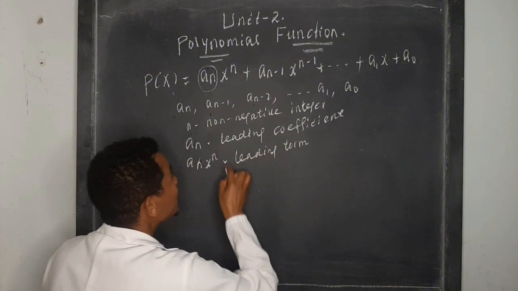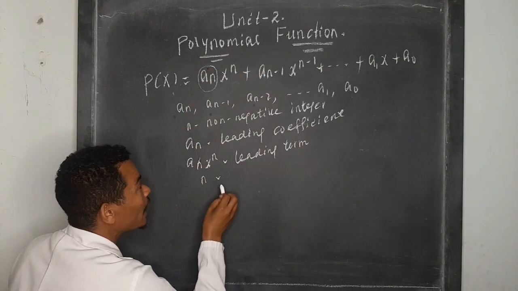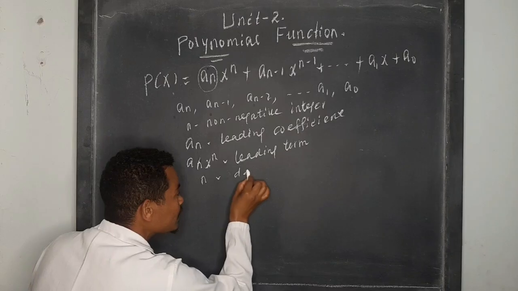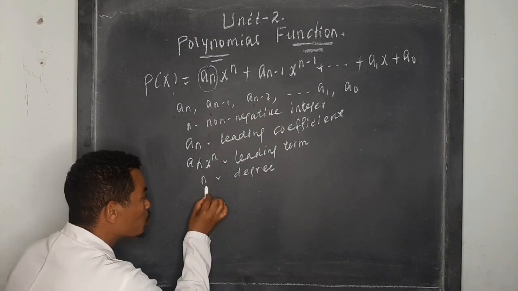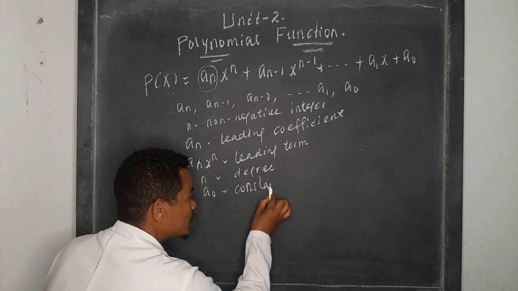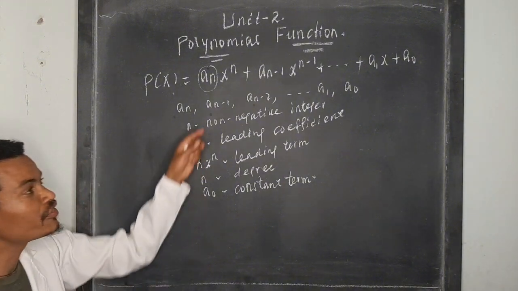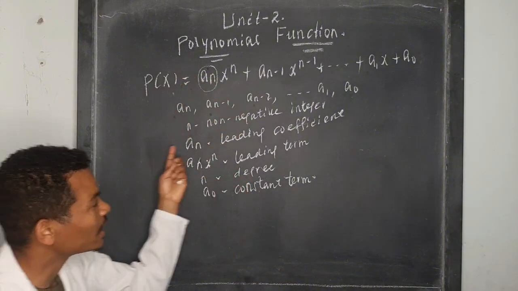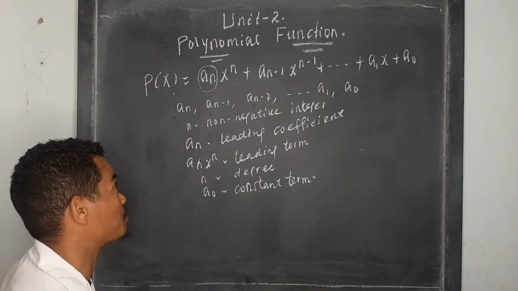The highest degree exponent n is called the degree of this polynomial, and a_0 is called the constant term. So if the given function is a polynomial function, we need to find the leading coefficient, leading term, degree and constant term, and the